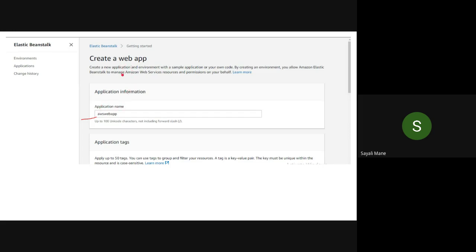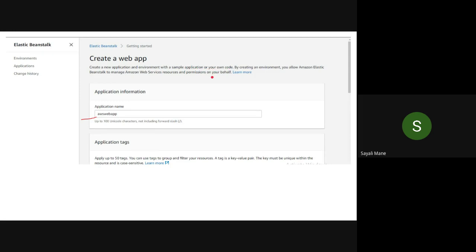Okay, see here, take a few minutes and read these two lines also. If you want to see what is there in the web app, you can also click on learn more. Later you can see by clicking on learn more. Right now just see what they say: create a new application and environment with the sample application or your own code.